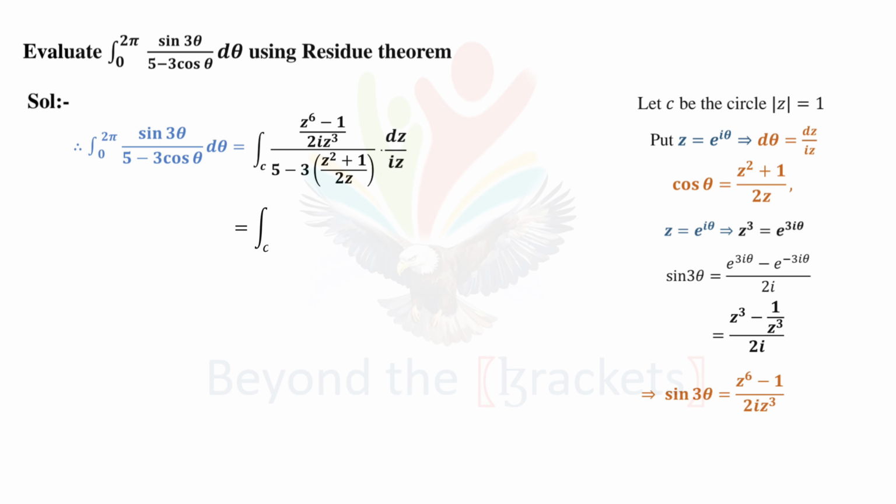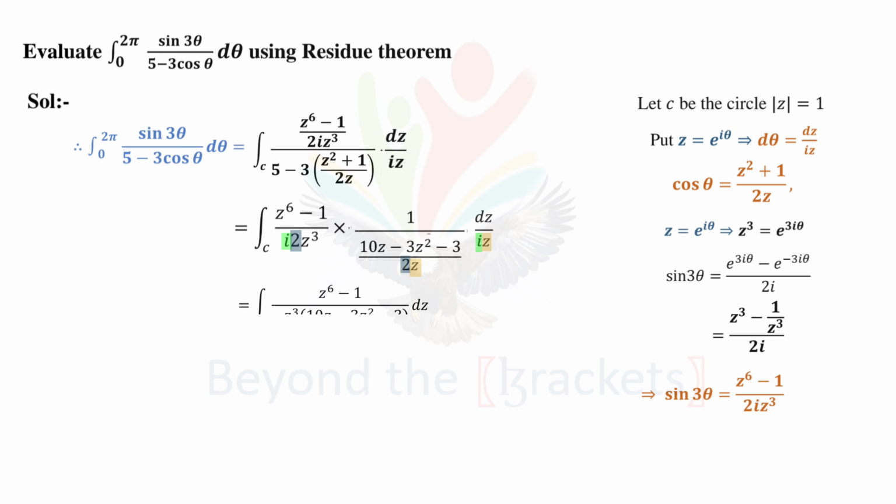Keeping z power 6 minus 1 by 2i z cube as it is and simplifying the denominator, we have 2z as the LCM. We get 10z minus 3z square minus 3 by 2z into dz by iz. Here in the denominator, i square will be equal to minus 1, 2 and z in the numerator and in the denominator cancel out, and we are left with z power 6 minus 1 in the numerator divided by minus